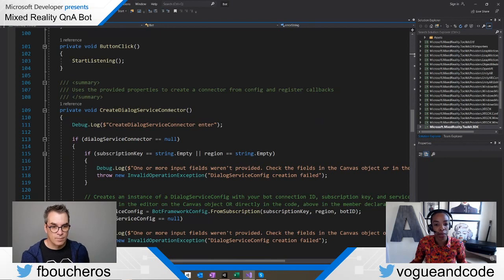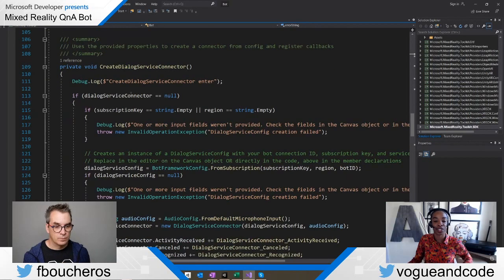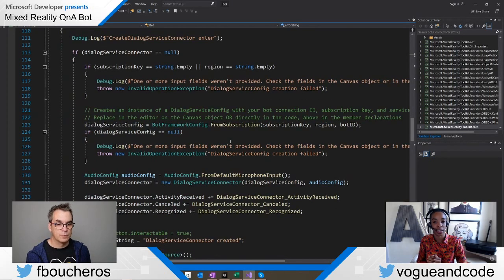So here we have a create dialog service connector method, which we talked about a little bit earlier up top, but this is where we are confirming that we have our correct Azure credentials. What it's first checking for in the first conditional statement is that the subscription key itself is there, and that the region is also there. And if it's not, then we're going to get a nice error telling us that we need to add that. And then just below that, we are